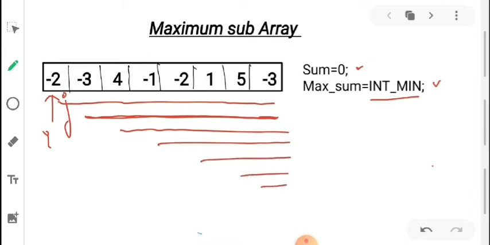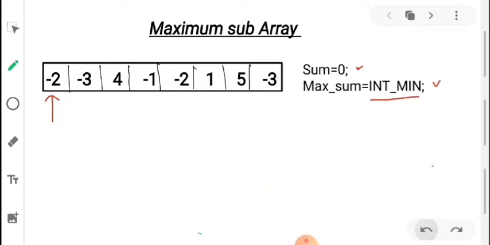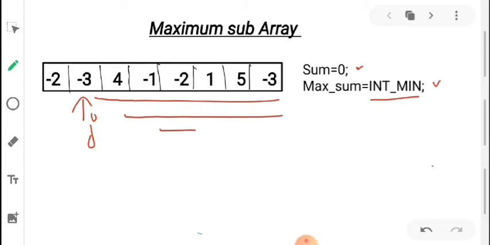Okay, at the very first iteration, i is 0, and whenever i comes to the next index, j will start from that index only, and the loop will run for this, for this, for this, for this, for this, for this, and for this.